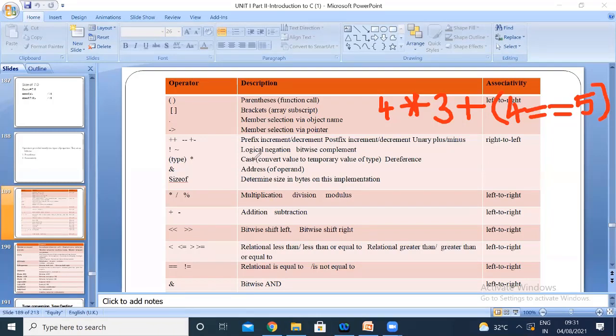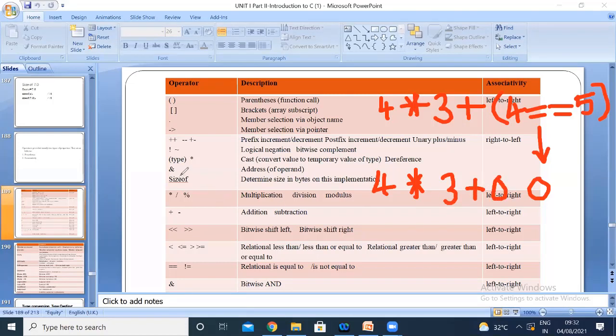Now tell me which has the highest priority in this expression. Brackets have the highest priority. First we'll execute that. So is 4 equal to 5? False. If it is false, what value is going to be returned? 0. So 4 into 3 plus 0.